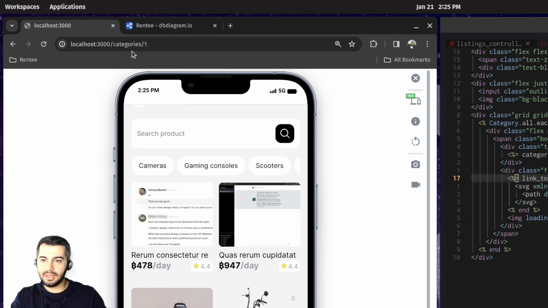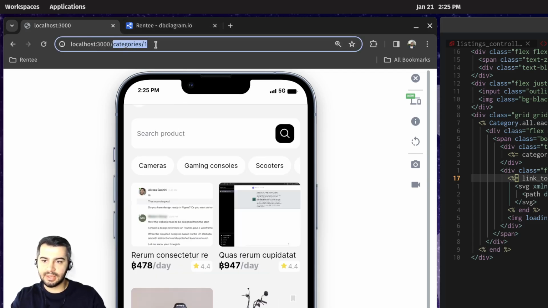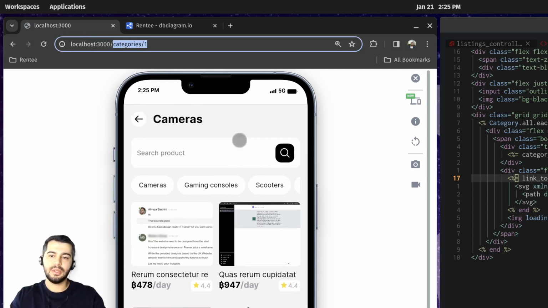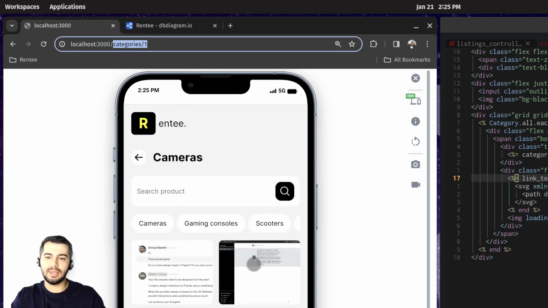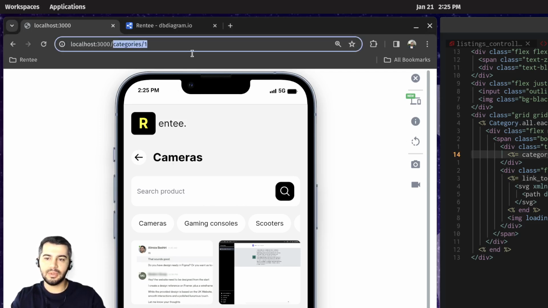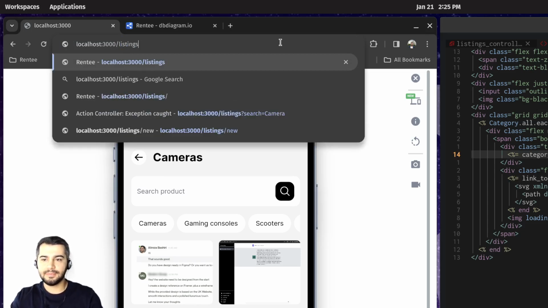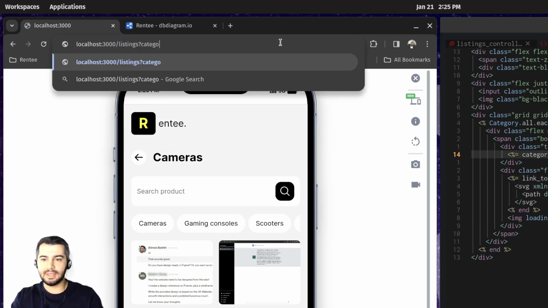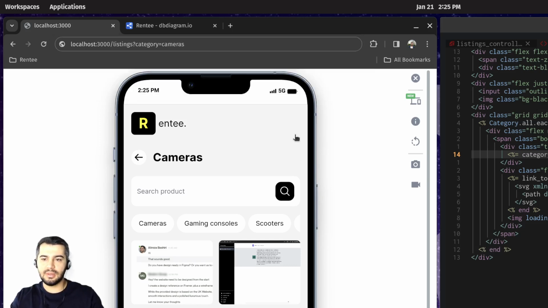But the problem here is that this URL is not SEO friendly, so we are actually viewing listings for a specific category. So I think I'm going to change it to listings and having category sent as a query params into the controller. So that would be like that, or